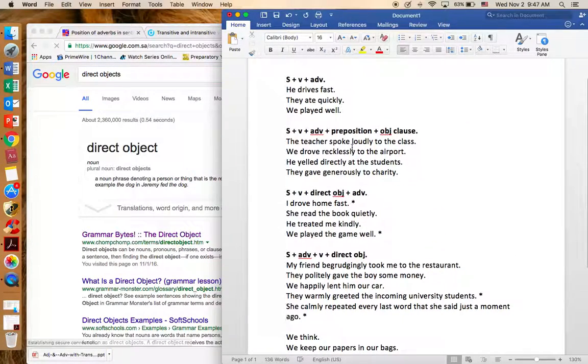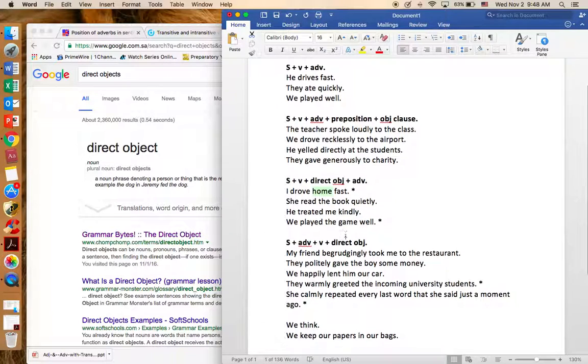Right? So hopefully this explained a little bit more clearly where to put the adverb in the sentence depending on what the verb is and how it's acting in the sentence. One more time, if there is no object, the adverb is generally coming after the verb. These are simple sentences. If there is a preposition like to, at, before, with, these types of things, preposition, and then that's part of or at the beginning of an object clause, and we can put the adverb before the preposition, right? If we have a direct object and a transitive verb, meaning the direct object answers a question who or what or where relating to the verb and the subject, then we're putting the adverb at the end, after